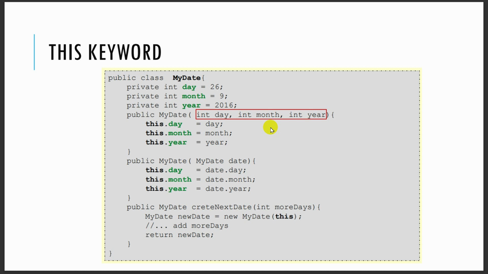In the previous example that we have seen, we created three private variables. In this case we have two constructors. The first one takes three parameters, while the second one takes only one parameter, which is the myDate object itself. We can also pass the object to the constructor. And we have one method here. Don't be confused with the third one. It is not a constructor, although it has myDate here. This is a return type. Create new date here is not a constructor because it has a name